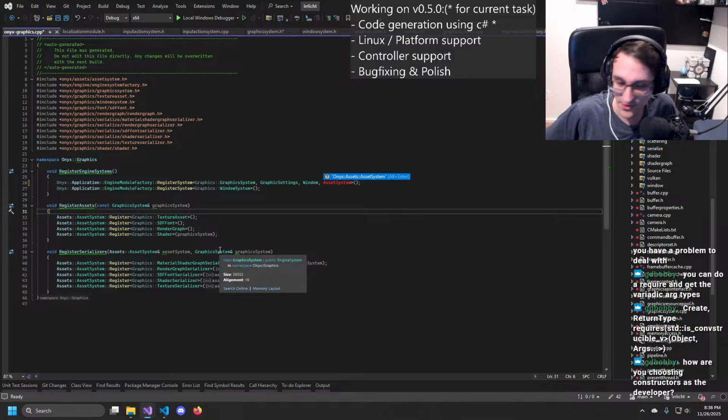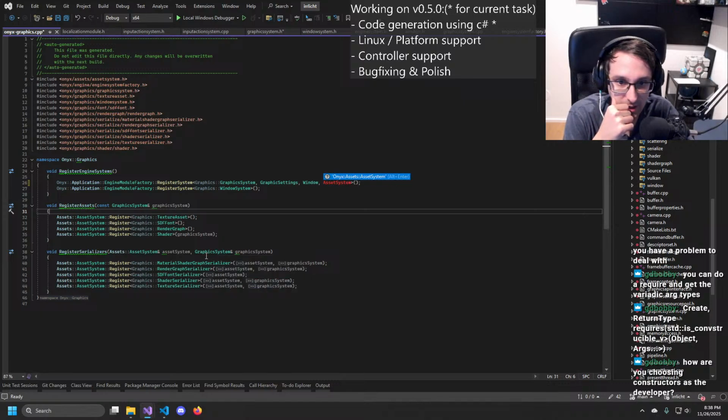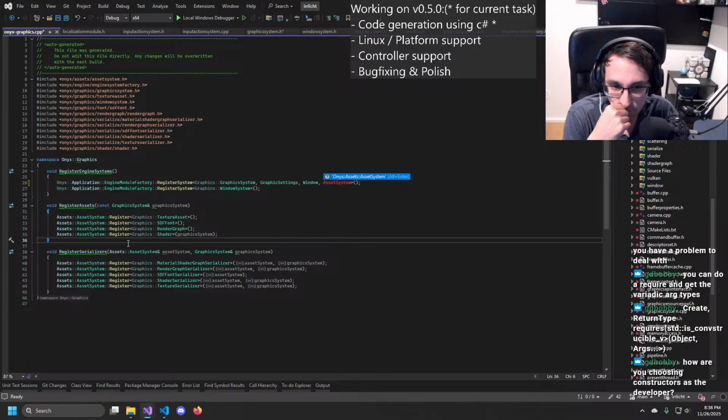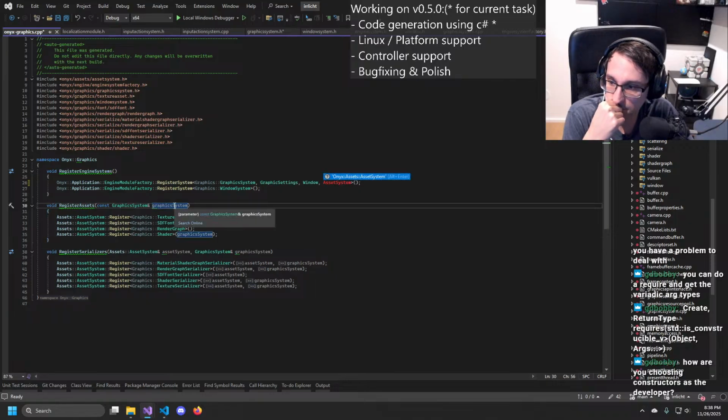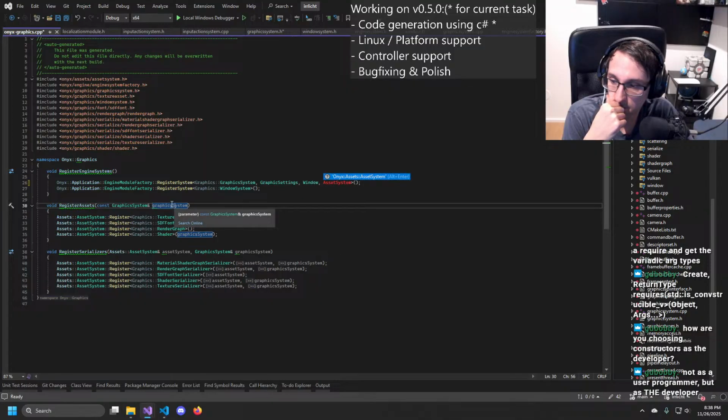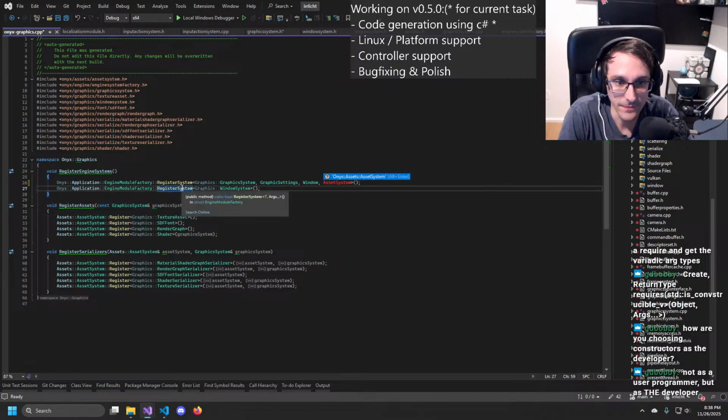Those are engine systems that you can enable or disable, and then they will be created for you, not as a user programmer, but as the developer. Then I'm not sure if I follow.